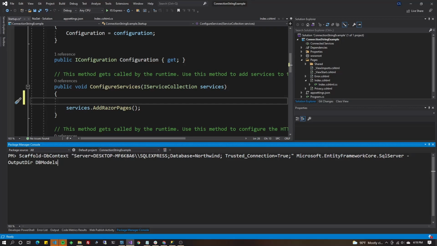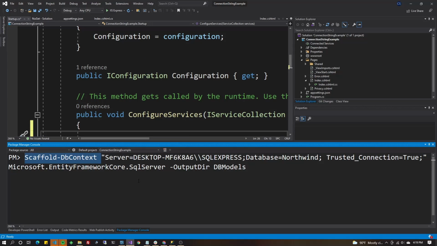So what I've got here is Scaffold-DbContext, and then I give it a space, and then I give it, in quotes, the same connection string that I have in my config file. Now don't worry, putting it here is going to put it in a file, but we're going to remove it from there so that it doesn't end up in source control. Then you give it a space, and you put in your namespace that you're going to use for connecting to the database. In my case, it's